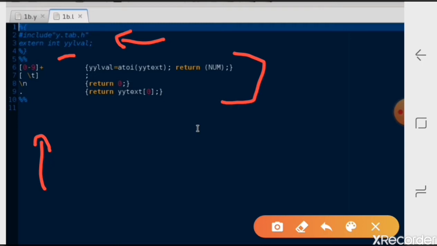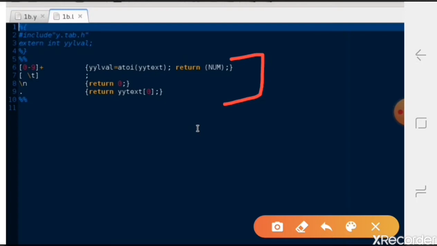Since it is defined in a different file, to access it in this file we write extern. So we are writing extern int yylval. Now we'll see the rule section.